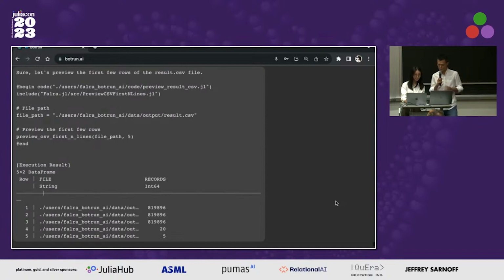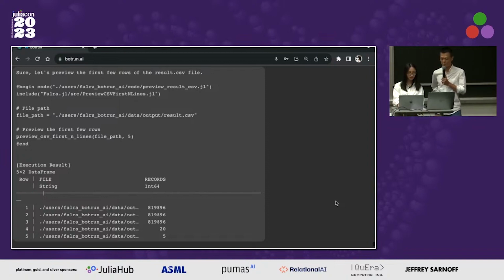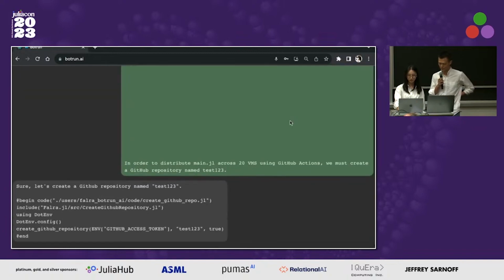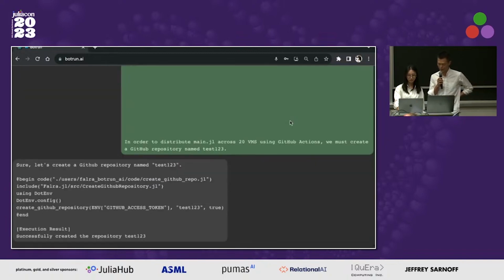Okay, we can see. So please show me the result of the CSV file. Wow, it's good. Okay, Baran, in order to distribute main.jl across 20 virtual machines using GitHub Actions, we must create a GitHub repository named test123. Great. Now Baran should create a GitHub Actions YAML script for distributed computing.